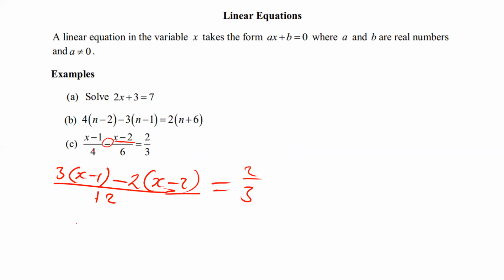So we have 3 times x, the answer is 3x. 3 times negative 1, the answer is negative 3. Then negative 2 times x,